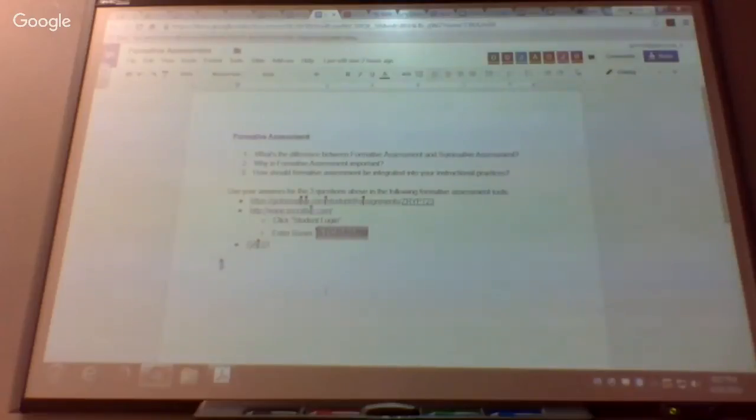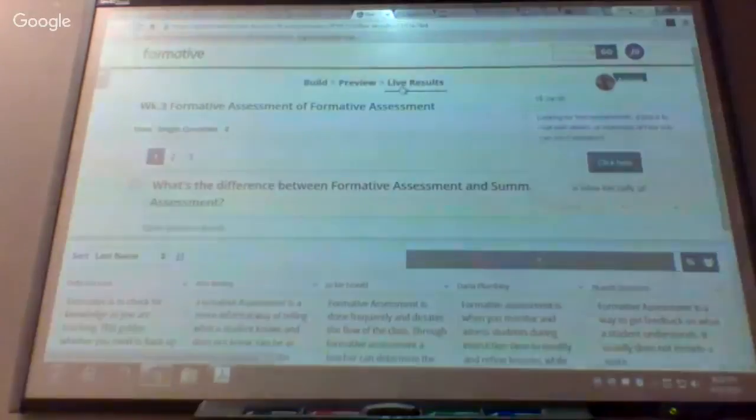All right, how many of you got through at least one tool? How many of you got through 2 tools? Okay. All right, so here's what I want to show you. It does no good to stop a lesson and ask some questions about content if you don't have a way to actually analyze the information afterwards. How are you going to determine, with intelligent data, that the students are either ready to move on or that you need to reteach? So what's nice about, and this is Go Formative first,